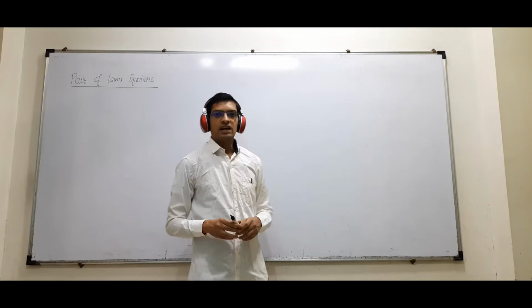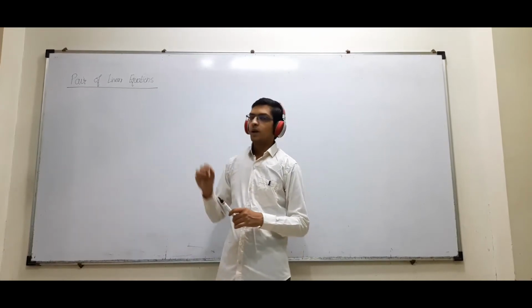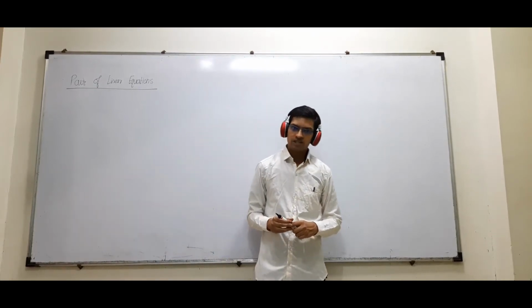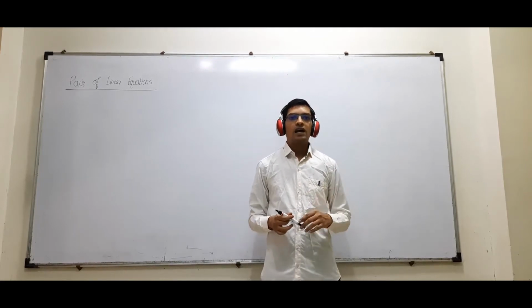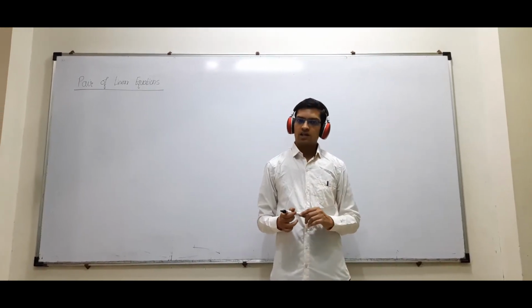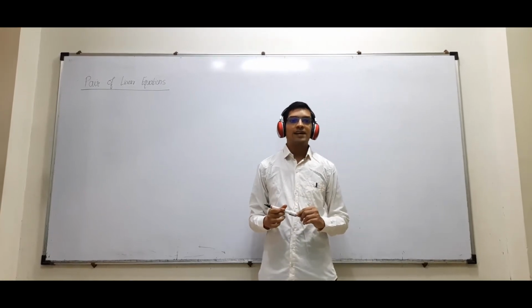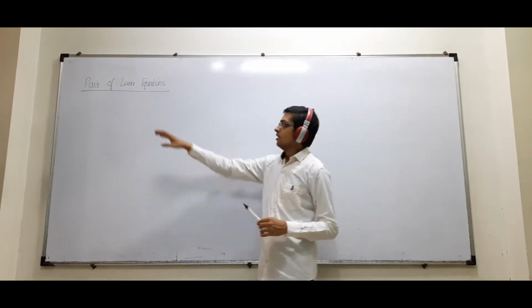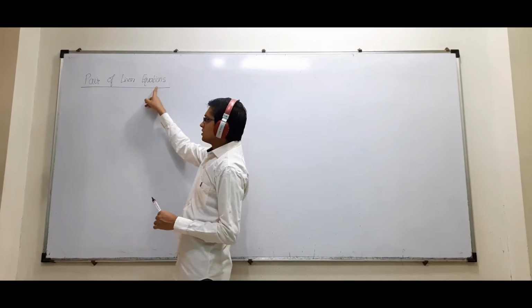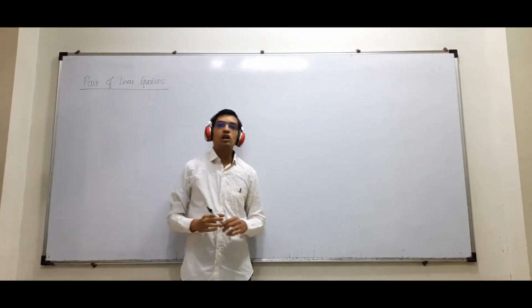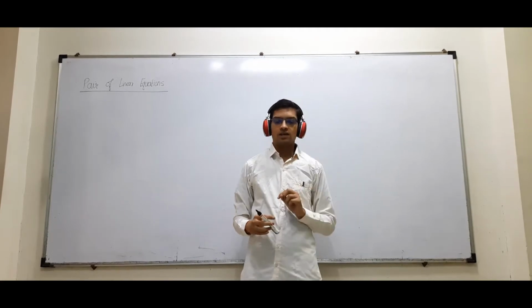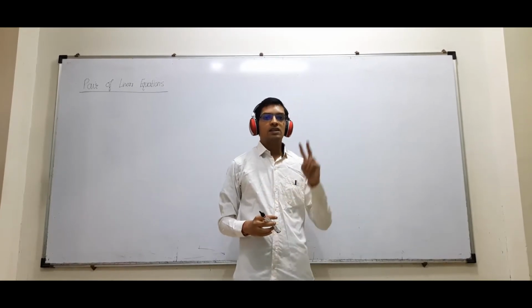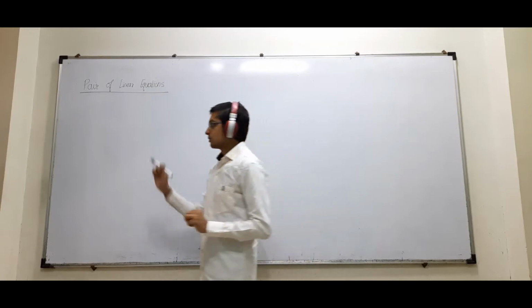Today we'll be starting with the next chapter, that is pair of linear equations. You have learned in last year's 9th standard how to draw graph of a linear equation. If you remember, you are getting a straight line. This year we are again studying linear equations, but we'll focus more on two equations at the same time. Last year we had only one equation. This year every time we'll think about two equations. So let's start.